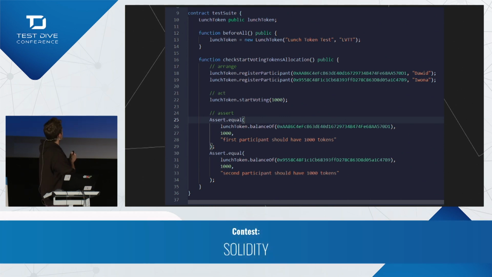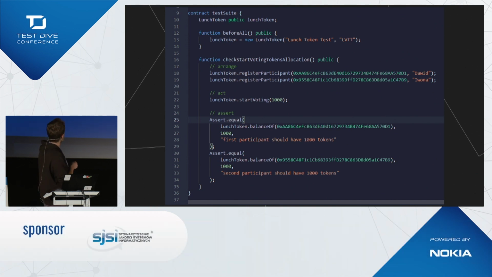Yeah, we have this arrange section. Then we call start voting with an amount of 1,000 tokens, and we check the balance of both accounts. That should be in the last lines of code. And we are checking if there are in fact 1,000 tokens. Oh, that's great. And here you can see the message that will be shown when the test fails.